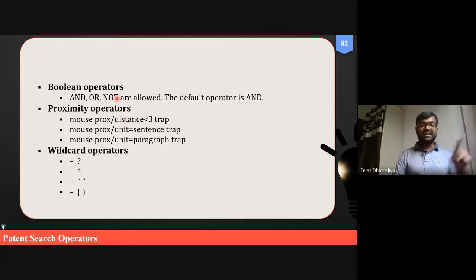It will consider either benzothiazole or benzimidazole. So both, whichever literature has benzothiazole as anti-TB agent or benzimidazole as anti-TB agents, will be there. So these patents will be listed out in your patent search.